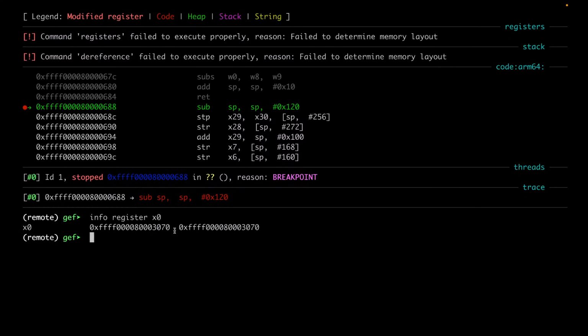So this is the pointer. Now if we take this and if we examine it,